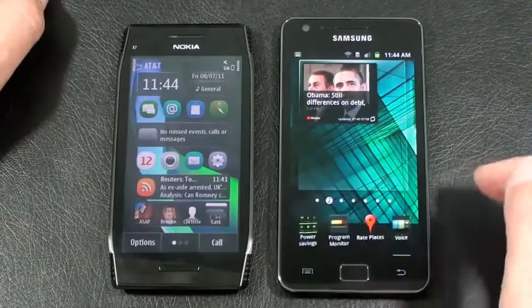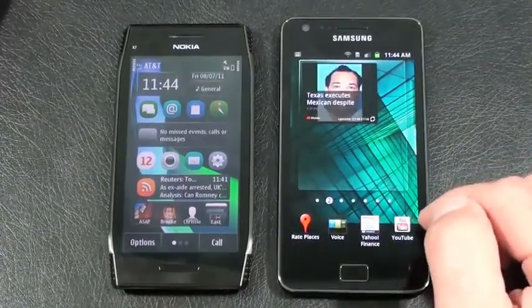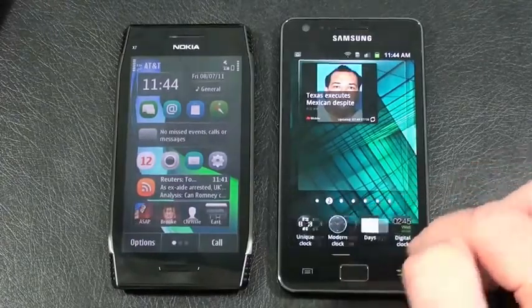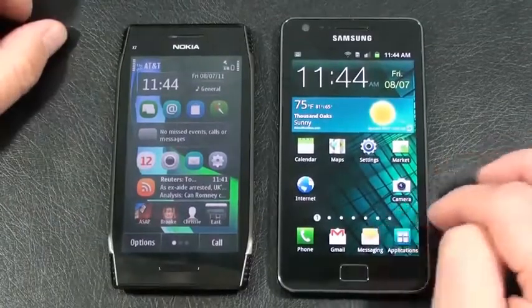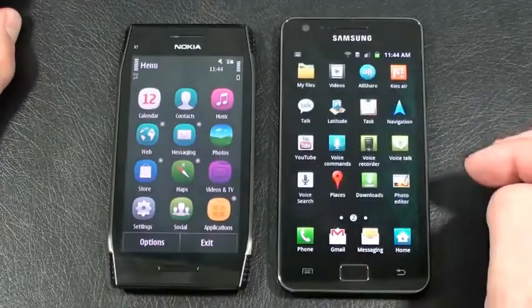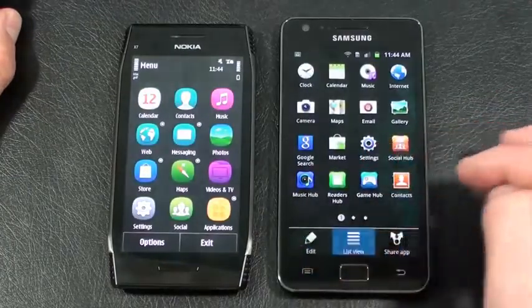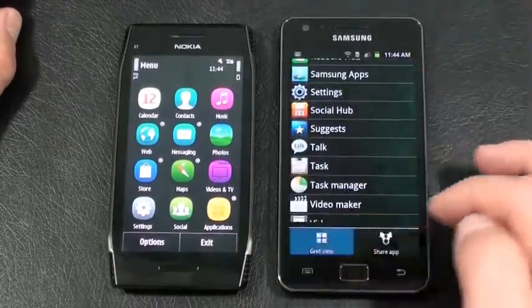And again, as you download applications, you'll download more widgets. But you've got stock, finance, voice. You've got the typical assortment of what you would expect as far as widgets on that. All right, let's take a look at the main menus on both. And you've got 3 different panels available on the Galaxy S2. And we'll go into, you can have it set up as list view, which is alphabetical, or grid view, which